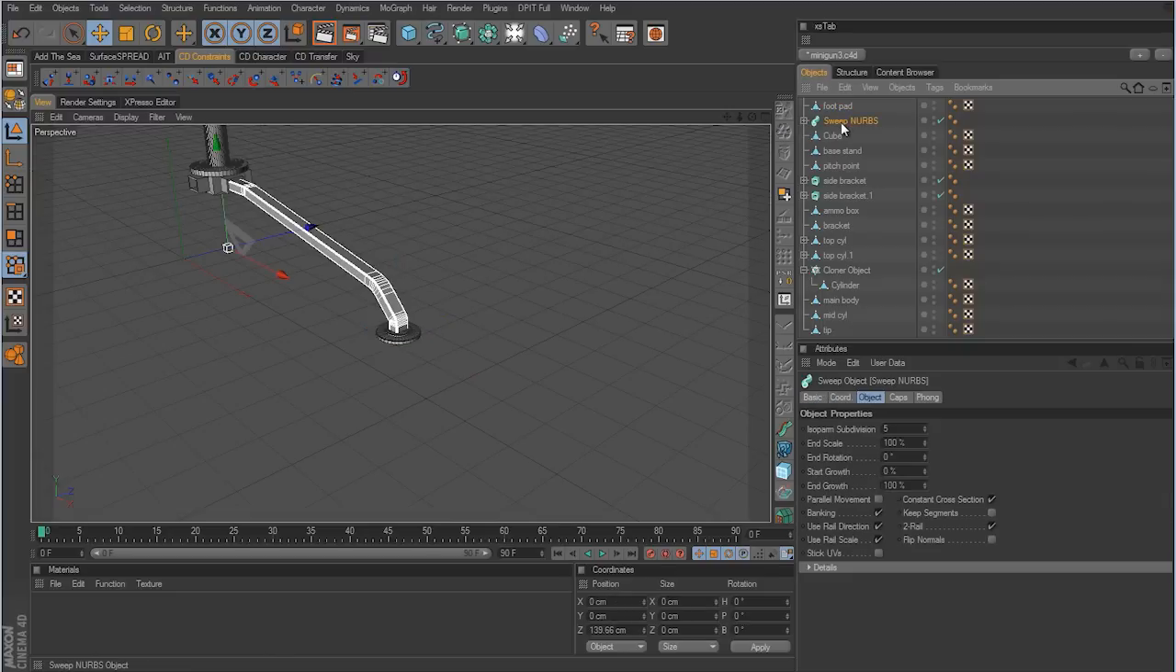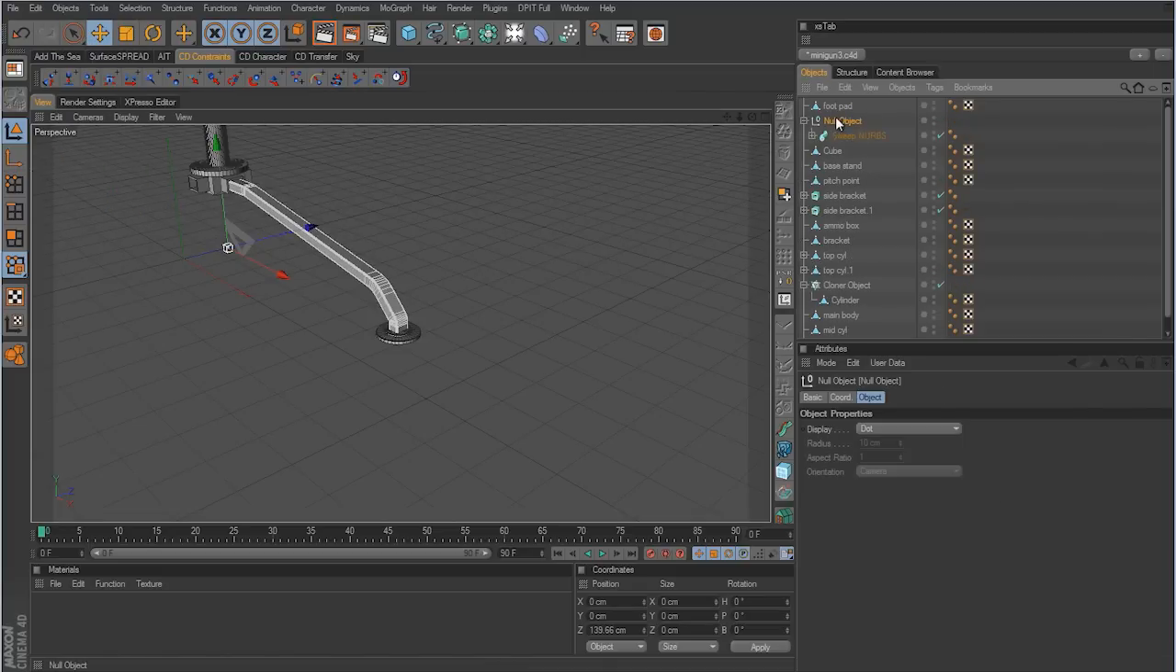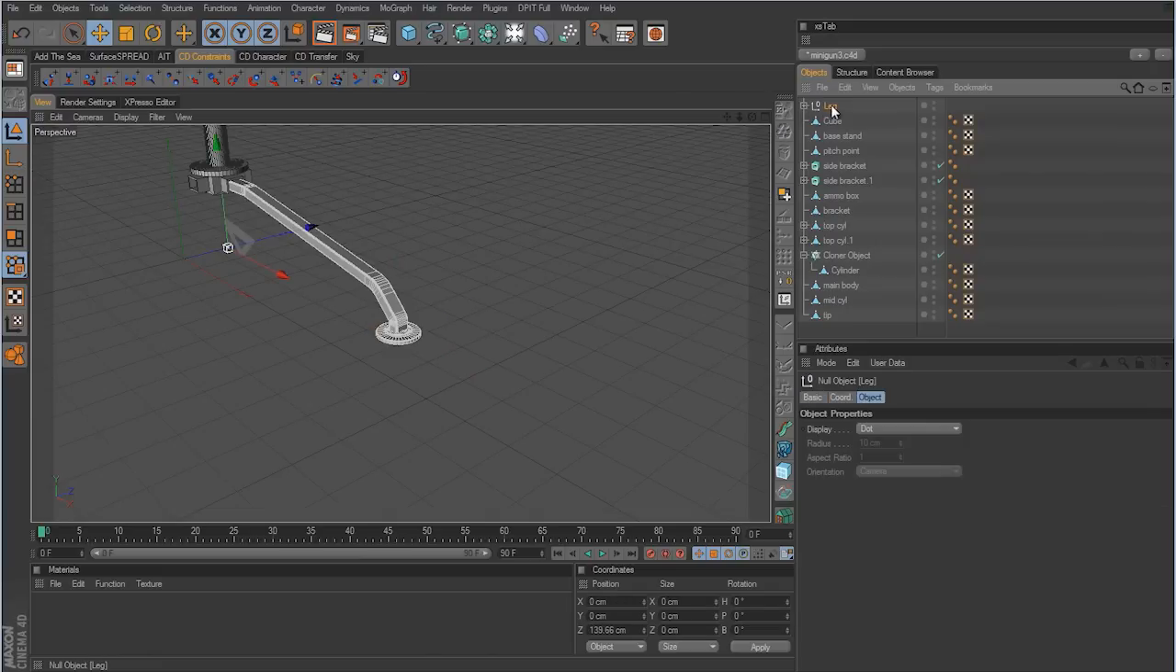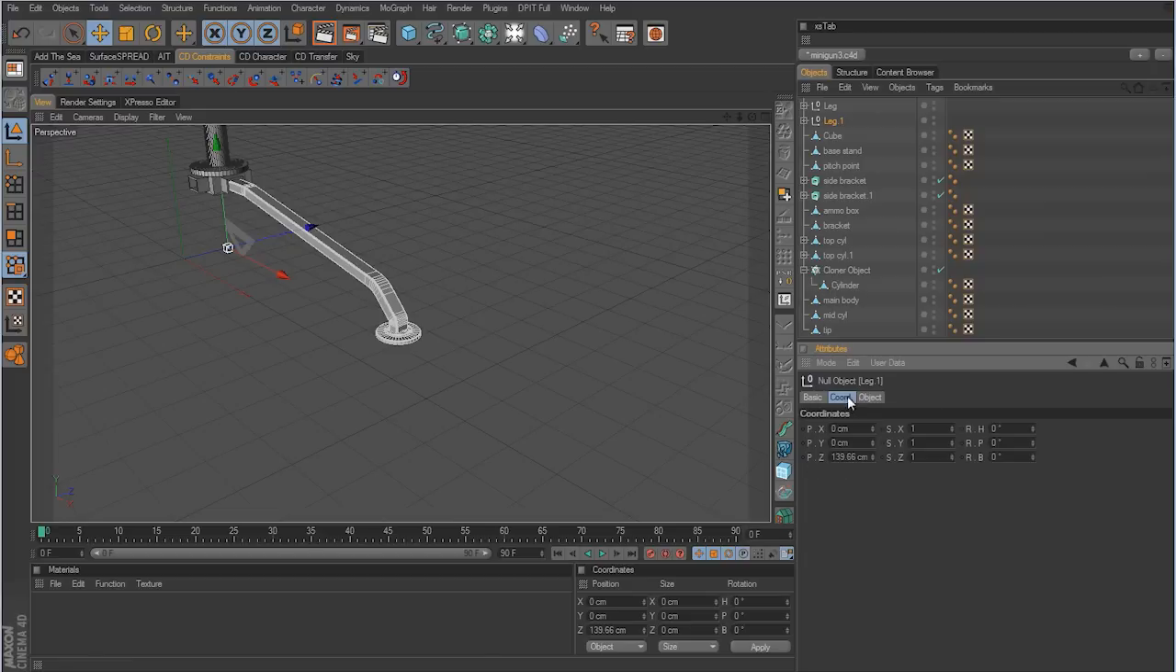Let's select the sweep NURB, and we'll Alt click a null object, and we're going to rename this object to leg, and we'll drop the foot pad as well as the sweep NURB inside of this leg. So now we can take this leg and Control click and drag, and then just rotate it with the H 90 degrees,